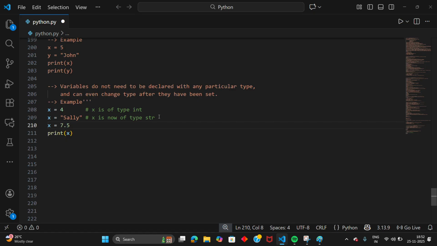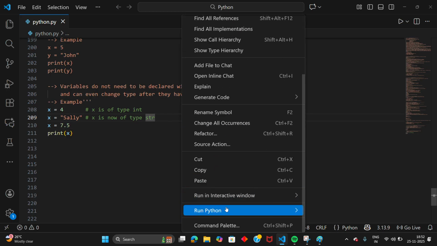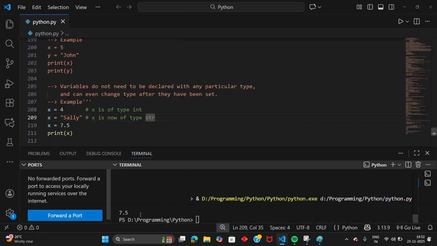So I'm going to use the print function, print x. So what will be the output? We are going to get the point 7.5, right? So let me show you. So you can see over here we got the 7.5 without any error. So what does this code tell you is you can change your variable's data type. You can assign a different data type value to your variable, okay, at any point of time